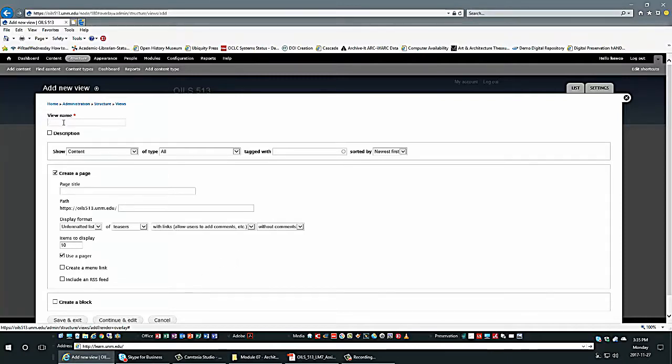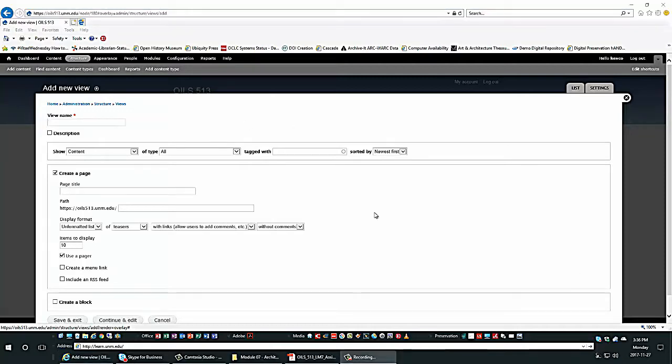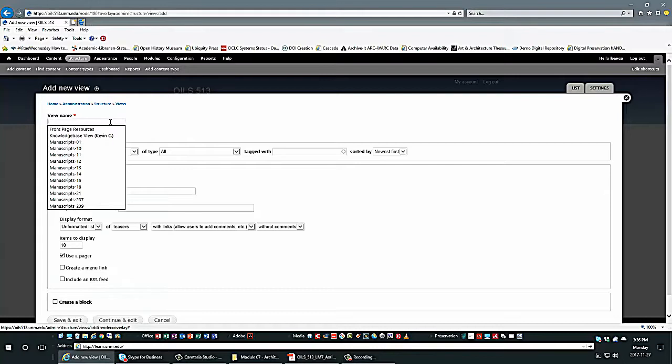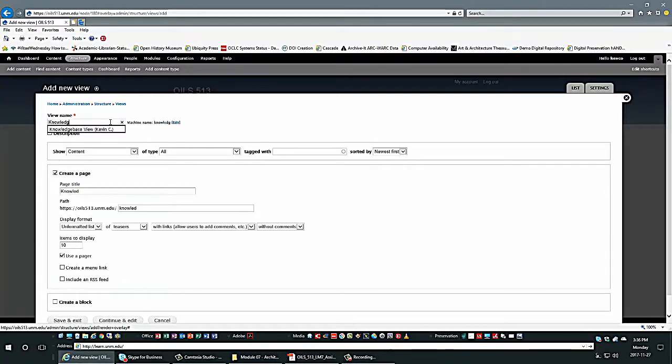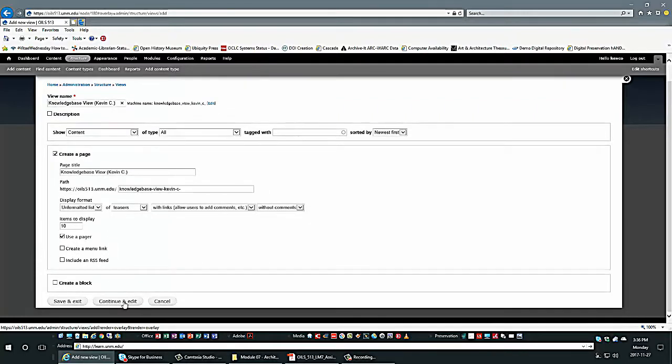So what we want to do just right now is in the View Name field at the very top, call this knowledge base view, and then add your name after it. Then scroll to the bottom of this page, click Continue and Edit,